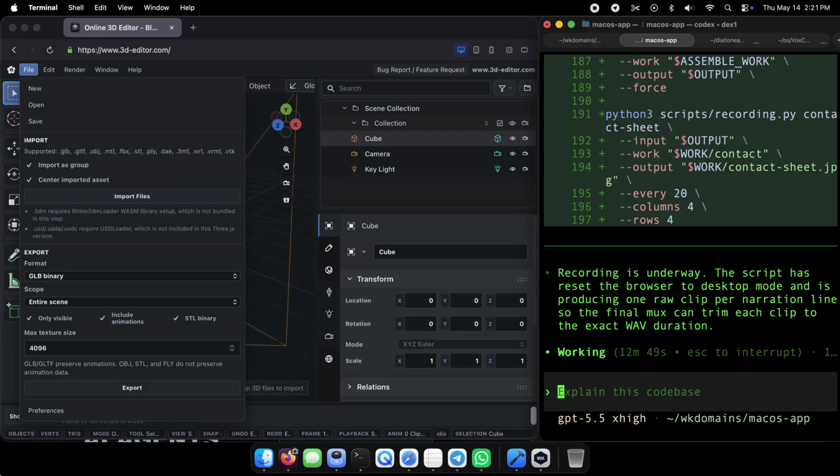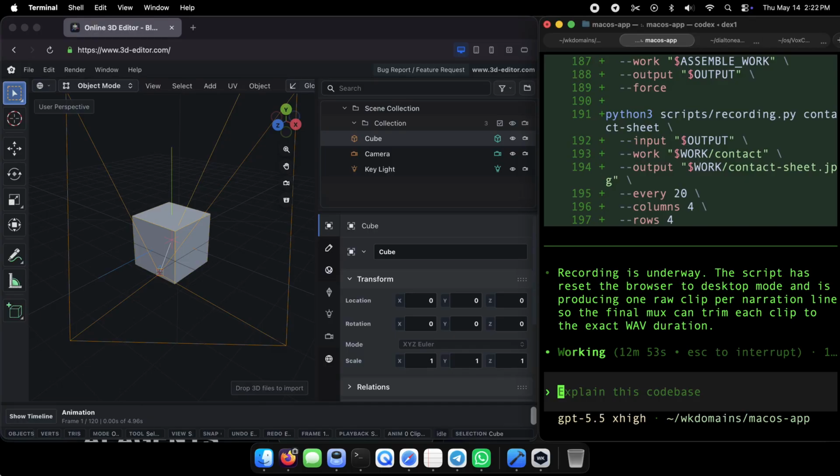I am driving this demo through the WK Domains local browser API at http://127.0.0.1, port 901. The endpoint you will see in the terminal is POST /api/v1/action. That is how I make the visible browser click menus, change modes, and open panels. The terminal is visible because this is a full-screen recording of the agent and the browser working together, not a